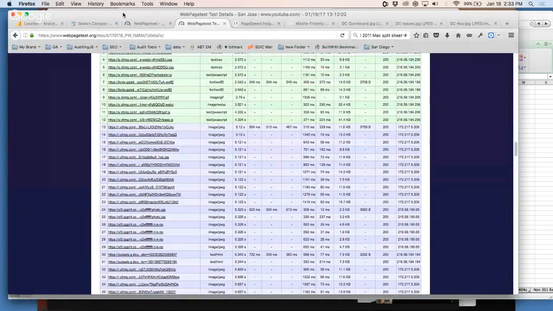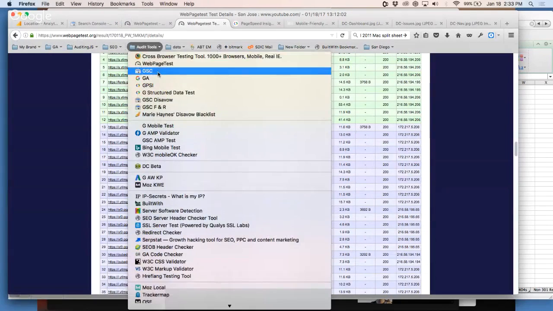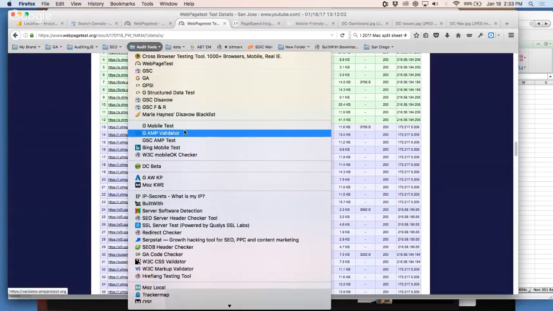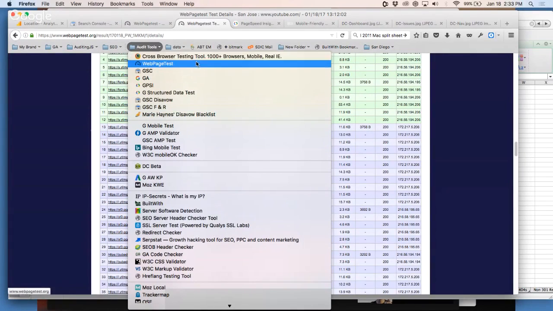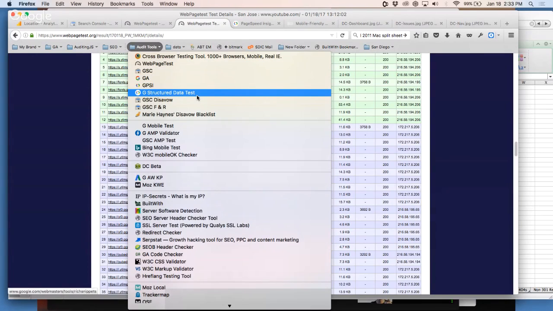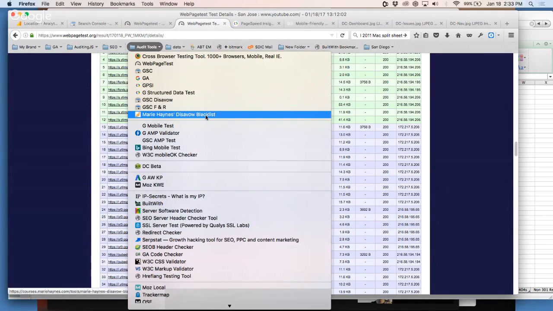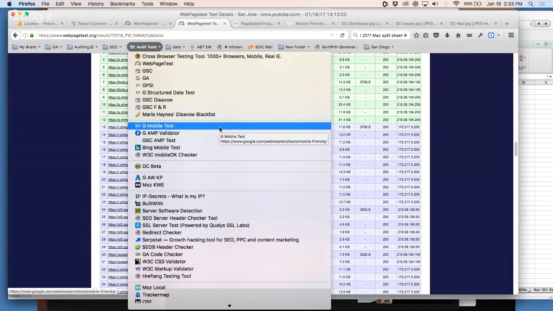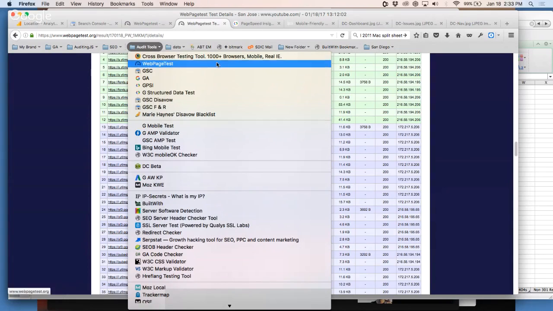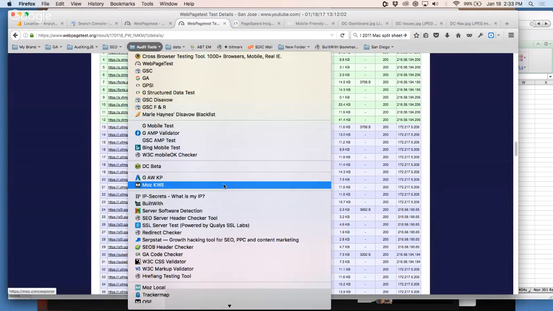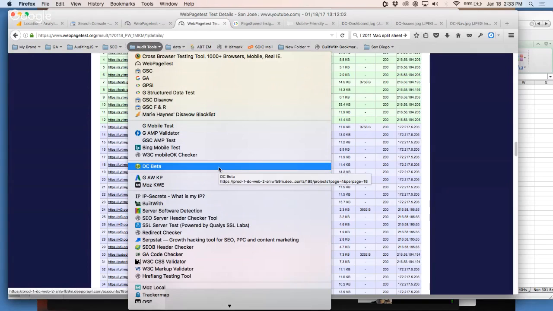And in fact, you see this list of shortcuts in my browser? Wow. These are all the tools I use for testing in audits. Now, I don't use every one of these tools every time I do an audit, but I use some of them all the time. And it's for testing everything you could potentially think of when it comes to SEO.